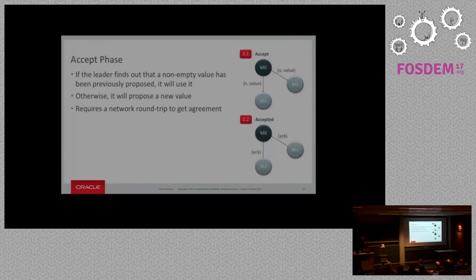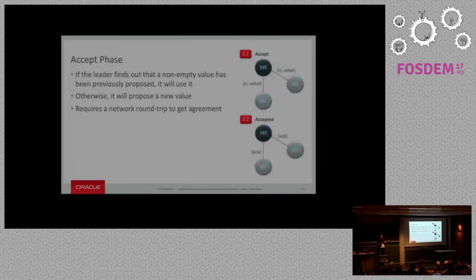So you only need the first phase to elect a leader. When there is a leader, as long as there is a leader, you don't run the first phase. You go always to the second phase. And the second phase is the core of the protocol, is the dissemination of the data of the transactions to